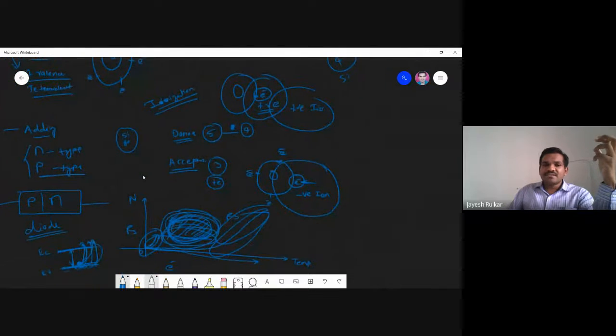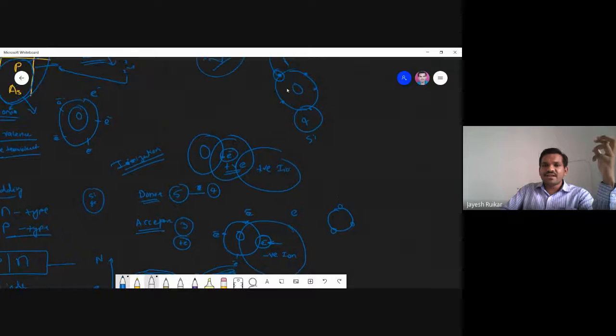In the same case, if we talk about group 3 elements, where they have 3 electrons, what happens if any atom has 3 electrons? So these are the 3 electrons, and then the free electrons, like in the previous case we talked about, start attracting to these atoms and they form ionization, that is getting electrons, or you can say donating or accepting electrons.